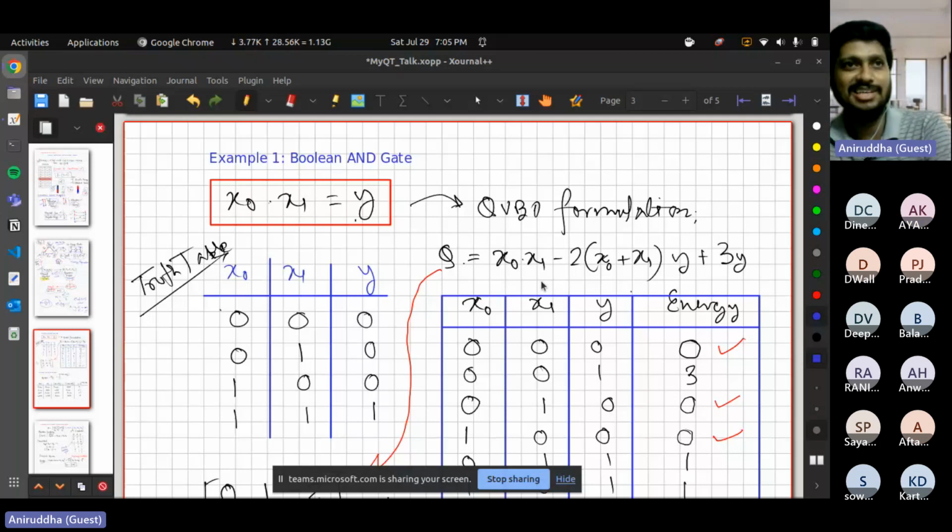Okay, so basically what you do over there is keep on adding layers of some mixer Hamiltonian and the problem Hamiltonian, and you make the p very large. P is basically the number of repetitions of your mixer and the problem Hamiltonian. Once you make p very large, what you get is basically a very slow process of the same thing.